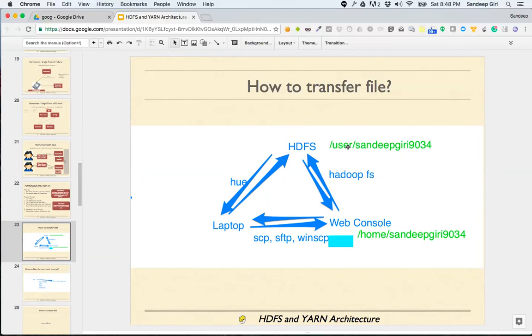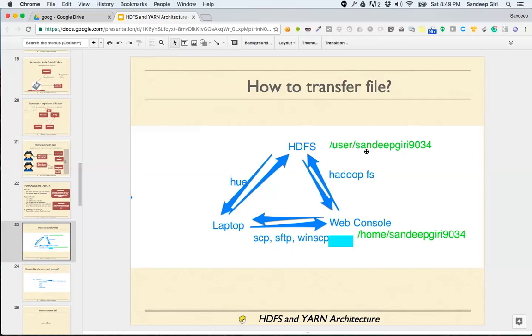Also, I have two home directories, one in HDFS and the other in the web console. You can see this in Hue. When you are on your laptop, you can open the web console via a browser. If you open Hue, you will land in the HDFS home directory.